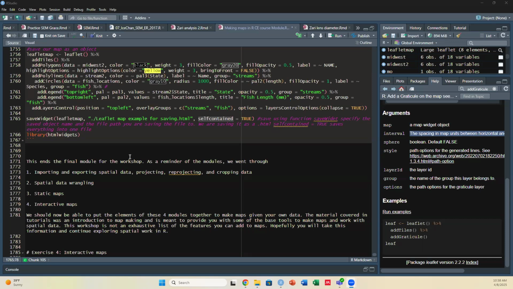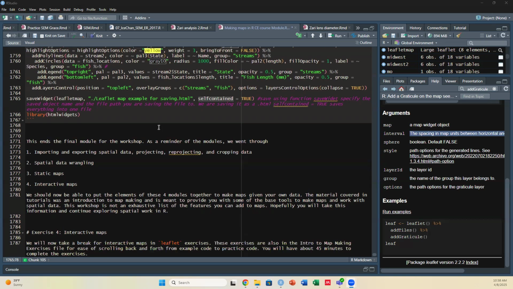aesthetics you want. Just like with the other modules, if you are interested in testing your knowledge and skills with other data sets, use the exercise 4 interactive maps to learn how to do more interactive map making and practice